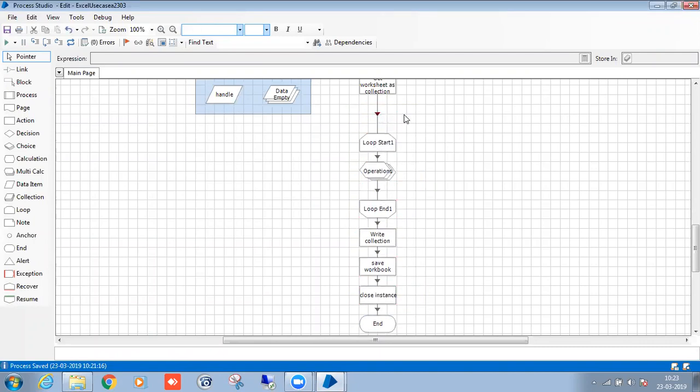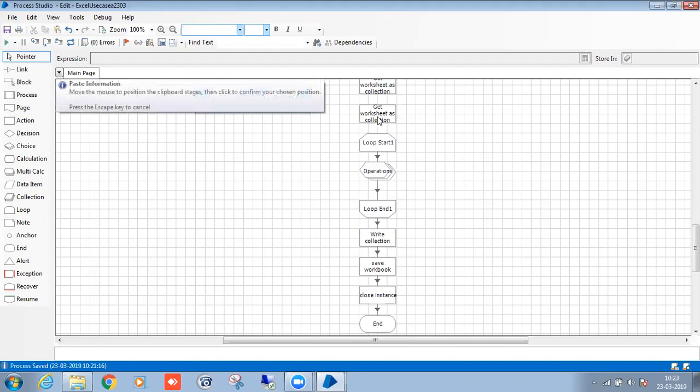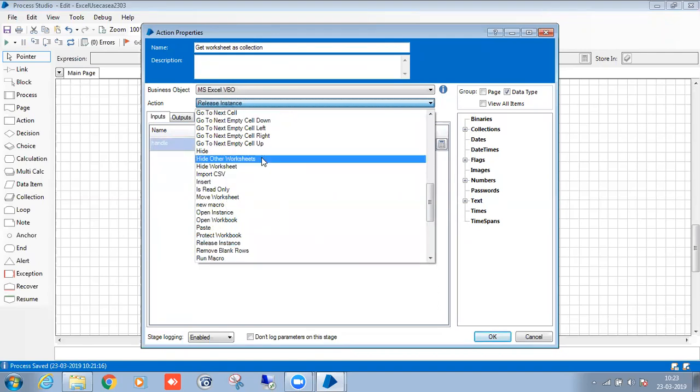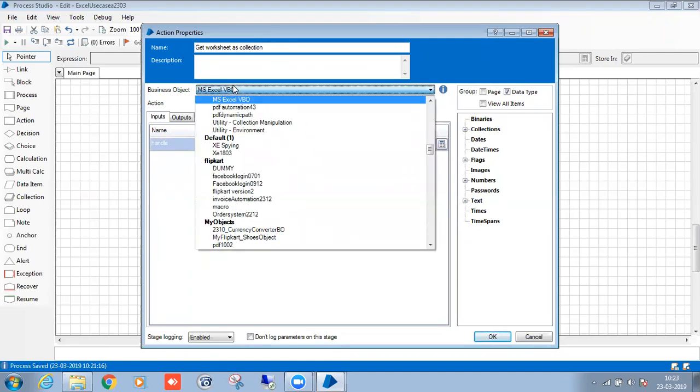Add one more stage here. We are working on the collections row, right? There is a VBO called Utility Collections Manipulation.